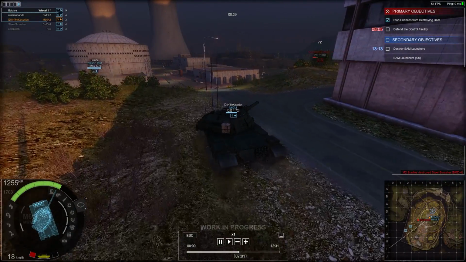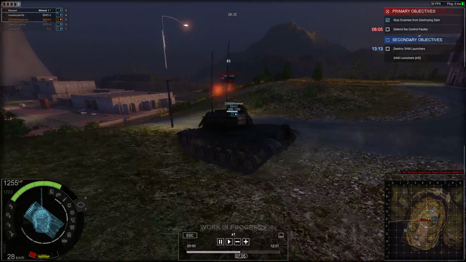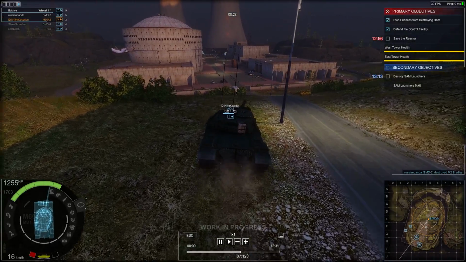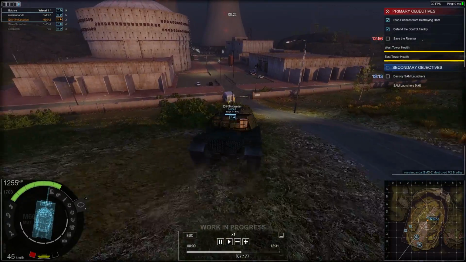And that was a Bradley, by the way. And it's the upgraded M2, so he actually has ERA on it. But our BMD-2 takes it out. The control facility is secure. All right, we're now down to three people. The enemy is going for an assault on the reactor itself. If they damage it enough...